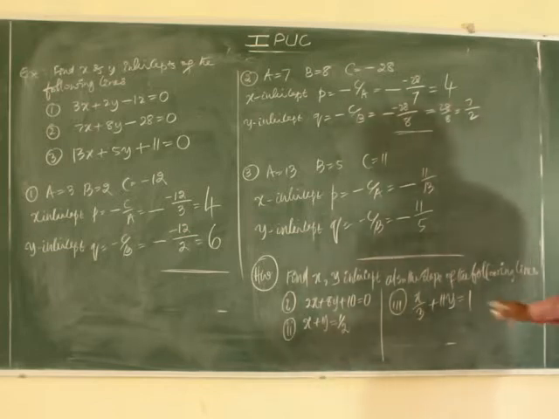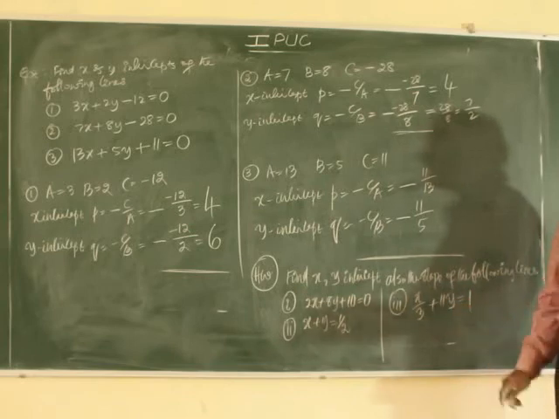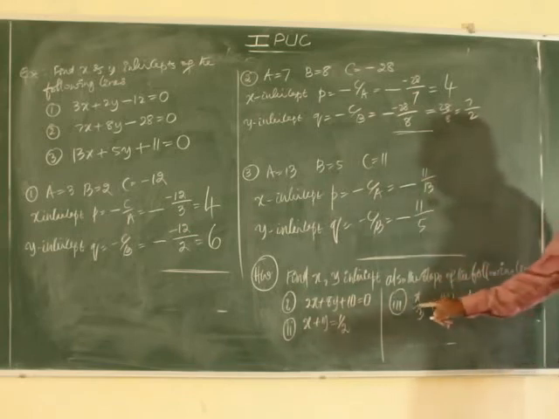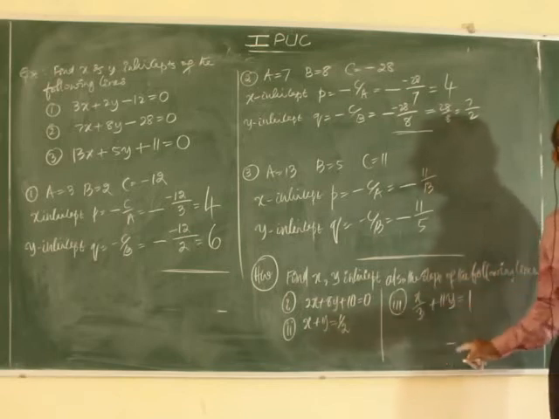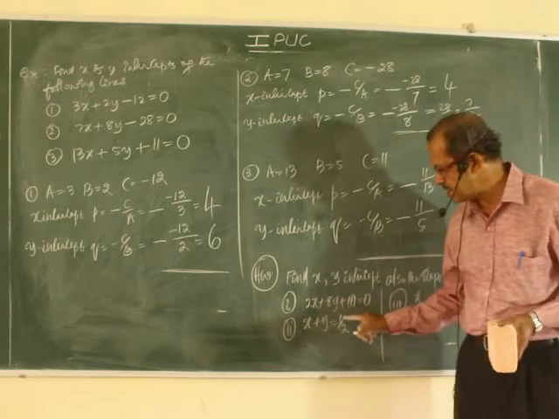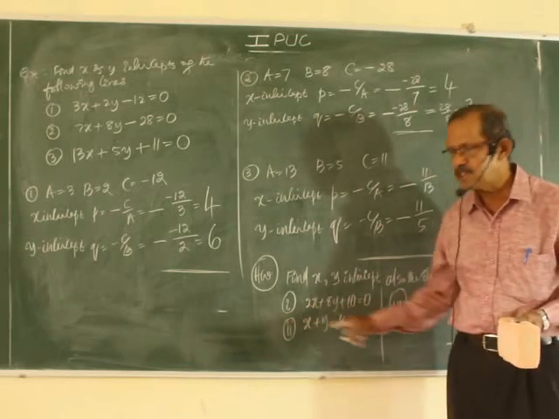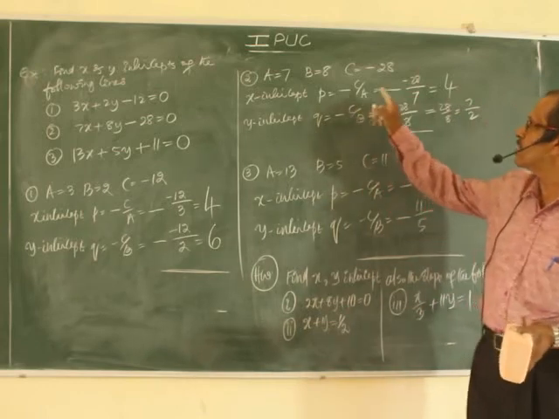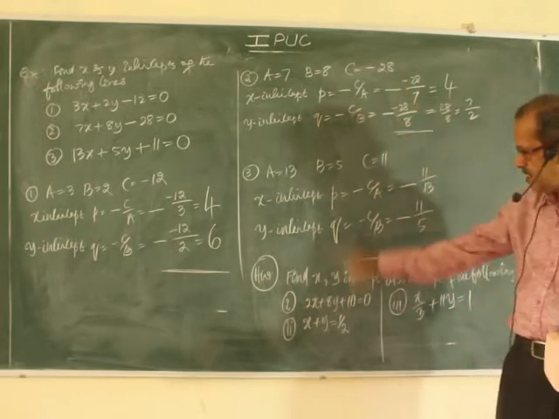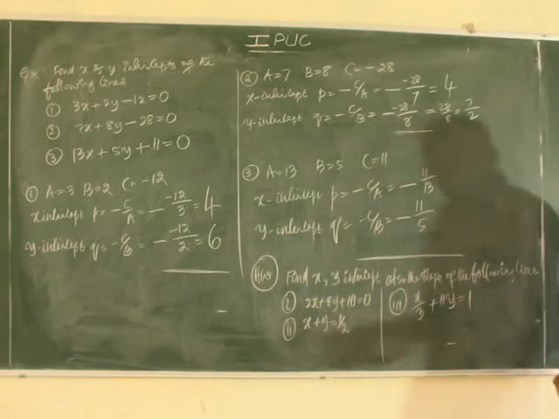This one is not written in the standard form. In order to find capital A, capital B, capital C, first you must represent it in the standard form, then say which is A, which is B. Here also it is not written, say half. You have to multiply throughout and get the standard form first, then obtain the values of capital A, capital B, capital C. Write the values. You can do it at home.